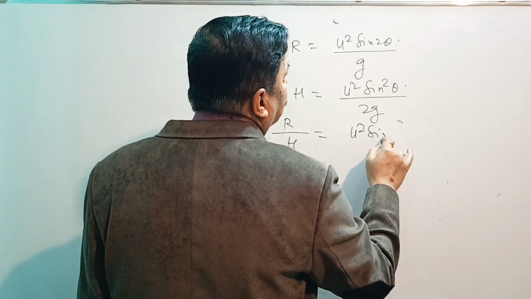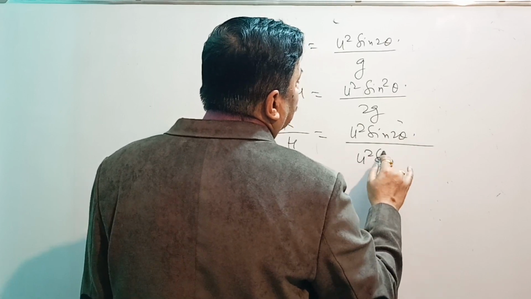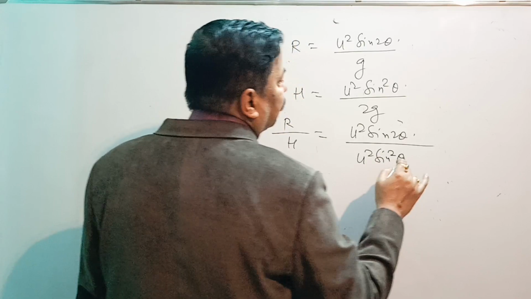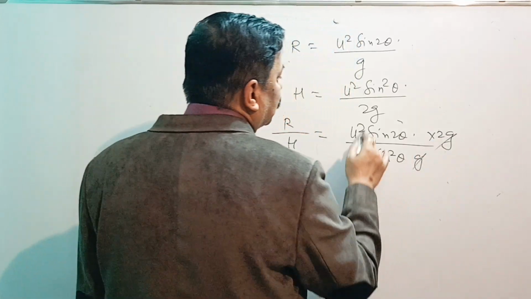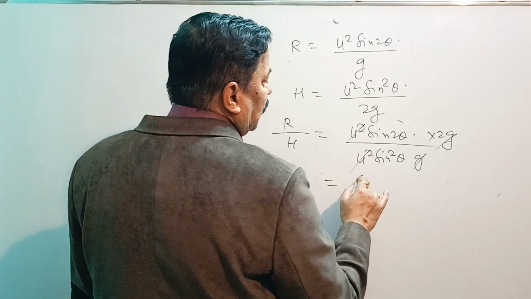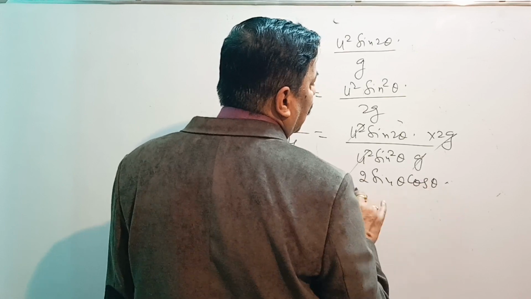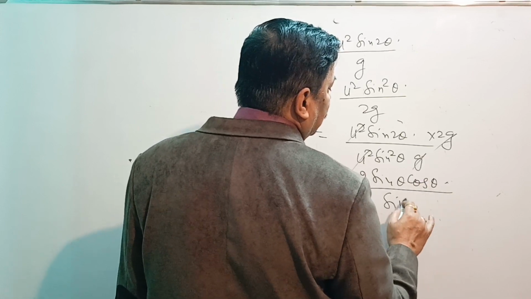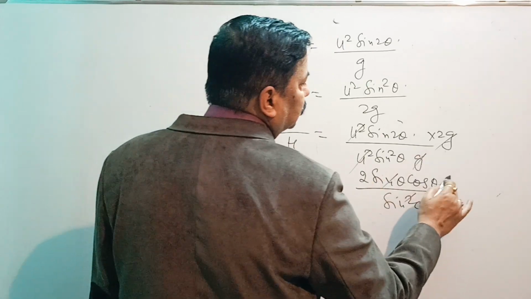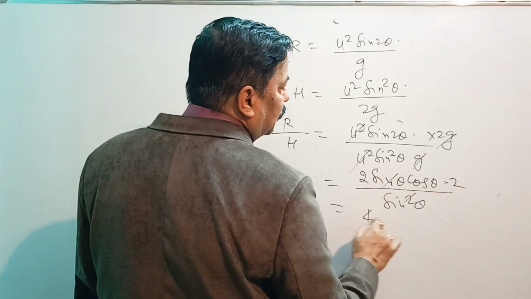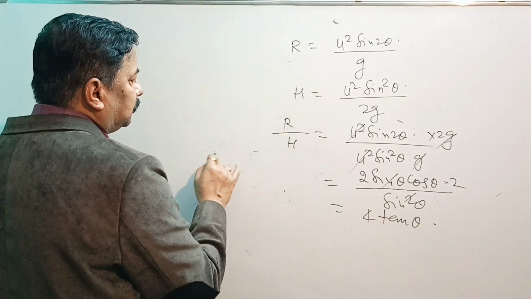U square sine 2 theta by u square sine square theta. Here g, here 2g. G will cancel, u square will cancel. 2 sine theta cos theta by sine square theta, sine will cancel. 2 2s are 4,